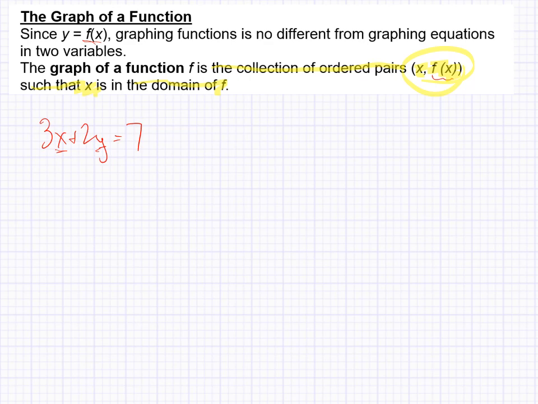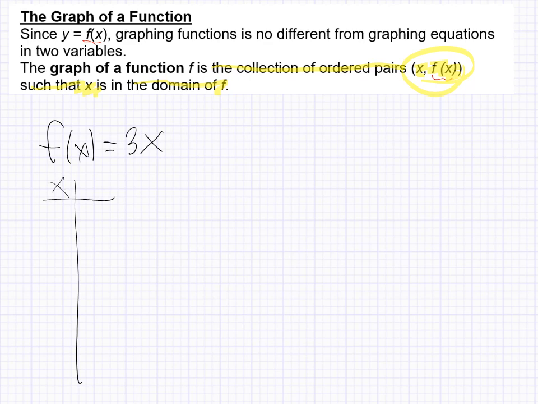So if we were looking at something as simple as f of x equals 3x, okay? And we were to graph this function. We would have to find all the ordered pairs x, f of x, and we could use an x, f of x chart or table to do this that satisfy this function. Now, unfortunately, there are infinitely many x values that satisfy this function, so we can't find all of them, but